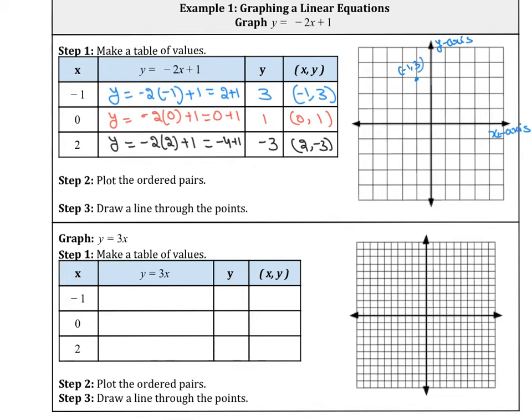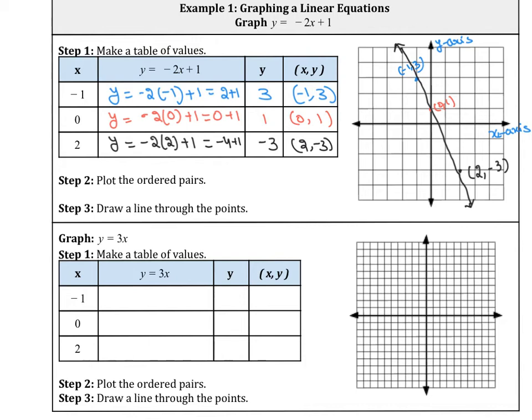Our next point is 0 comma 1, which means that x is 0 and y is 1, which is on the y line. So this is 0 comma 1. That is our next point. Our third point is 2 comma negative 3. So x value is 2 and y value is negative 3. So that's going to be our next point, 2 comma negative 3. We are going to combine these 3 points and we are going to get a graph of the linear equation, which is going to be a straight line. So that's going to be a graph of a straight line passing through 3 points of